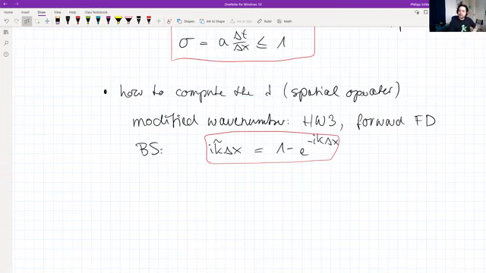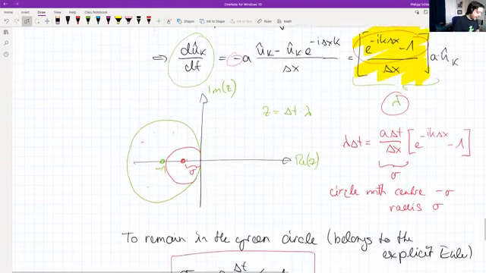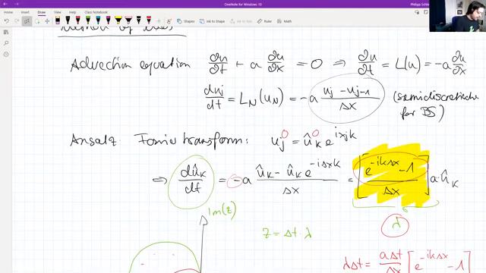So now we start to combine different aspects. We have calculated the modified wave number, and we can use it to express the finite difference scheme in the semi-discretization, and then we have the time derivative,